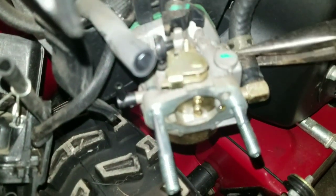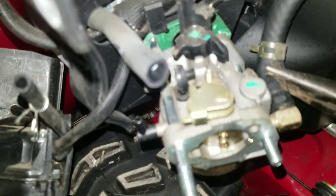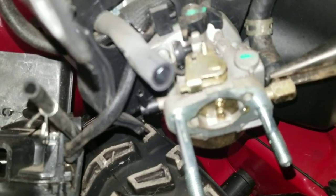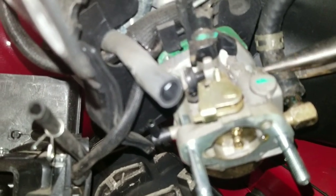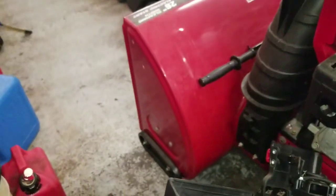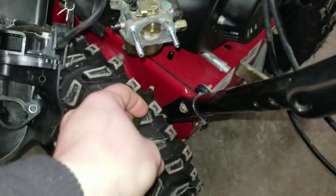So easiest way to get the fuel line off here, I usually go up a little bit and try to turn. Once you get it to turn, it'll usually pop off pretty quick. I did this video not long ago on carburetor cleaning, and I did not include instructions for taking apart. I had a few different requests for that, so still to this day I use an ice cream bucket and a hose to drain fuel. Once you get this off of here,